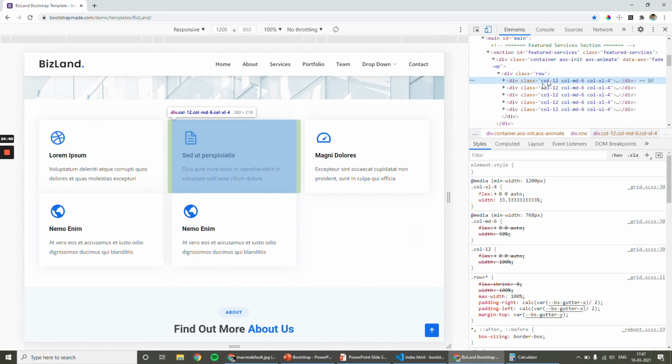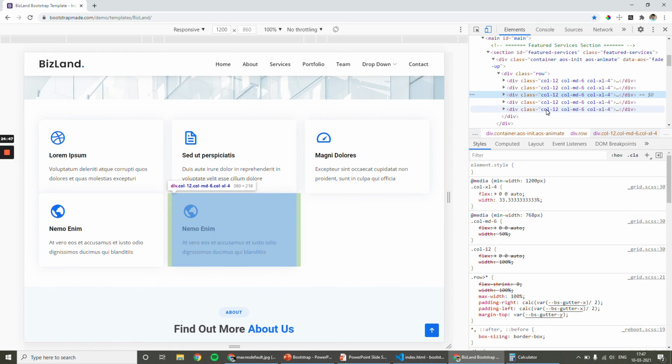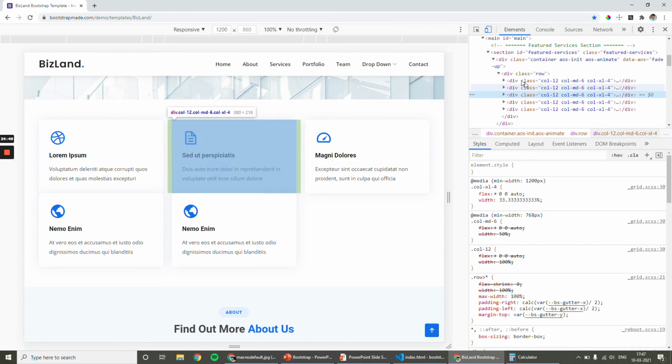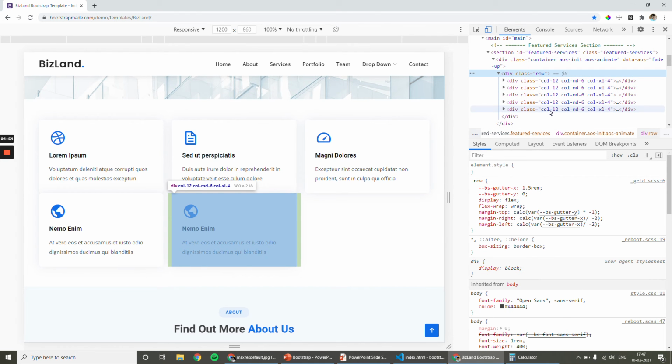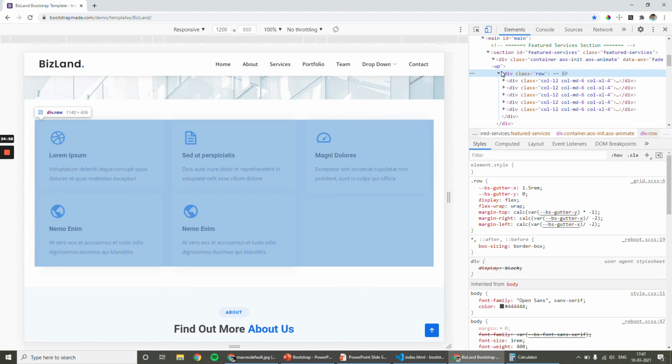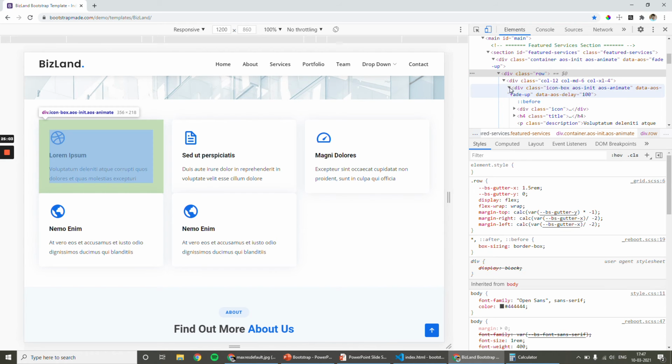But before implementing these column values, what you have to remember is all columns should be inside a div called row. All columns should be inside a div called row, and there should not be another column inside a column unless you use row.